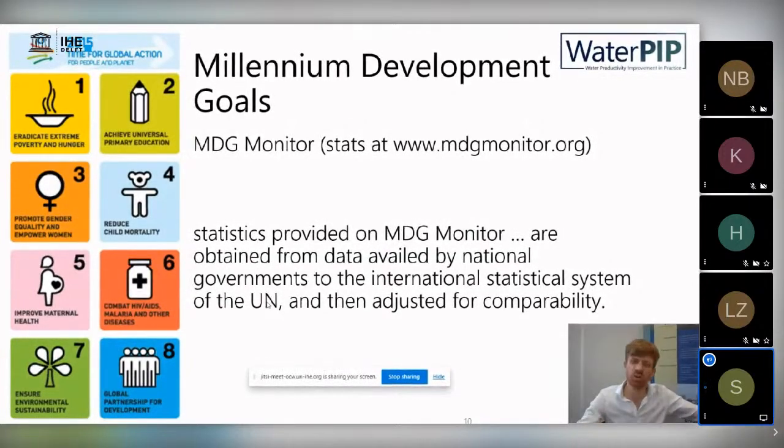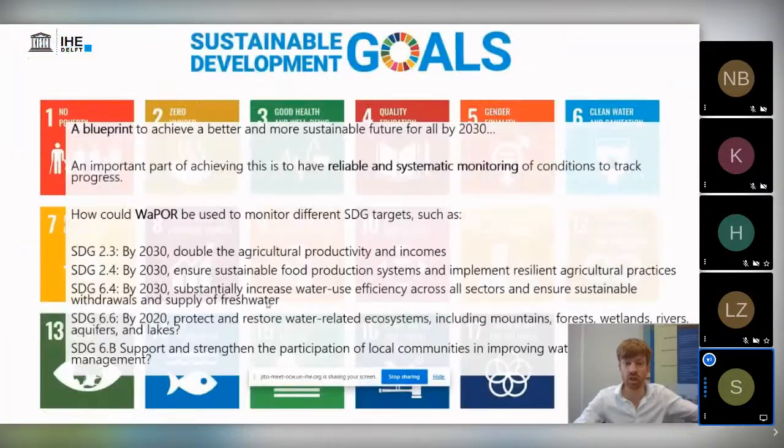What I just wanted to highlight quickly is that the statistics provided on the MDG monitor were obtained from data made available by national governments to the international statistics systems of the UN. And then they were adjusted for comparability. Why do I mention this? Well, these were national governments that were providing data. We've got a WaPOR portal with a lot of different data sets that could really do the same for the